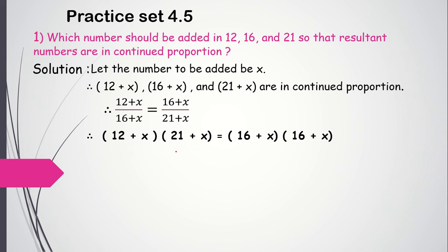So what is the method to multiply two brackets like this? This is a binomial, two binomials. How do we multiply them? You can break one bracket, another bracket you can keep as it is. So this is 12, I am breaking this bracket. This 12 you can multiply with the second whole bracket, that becomes (21 plus x), close the bracket, and then plus x, multiply this with the second whole bracket, that will become (21 plus x)